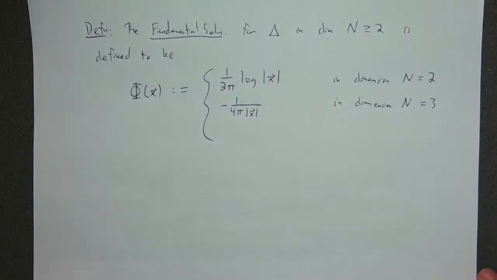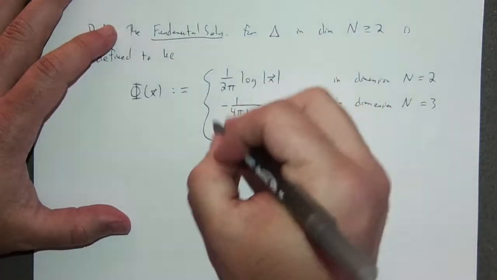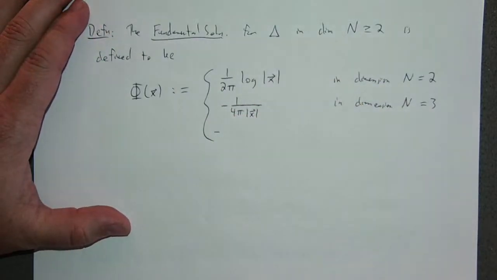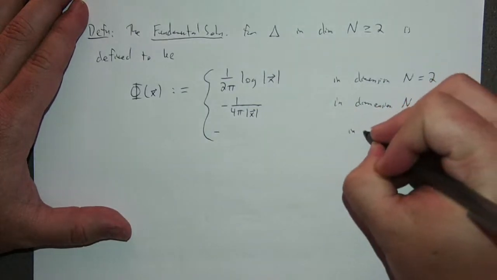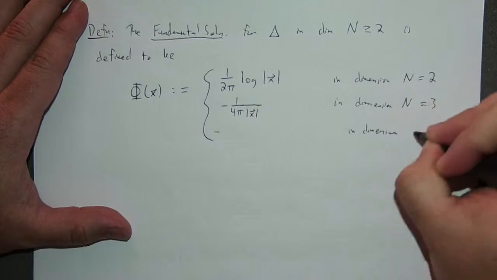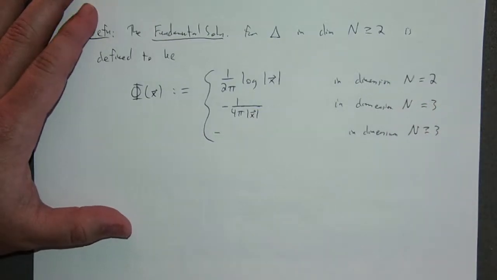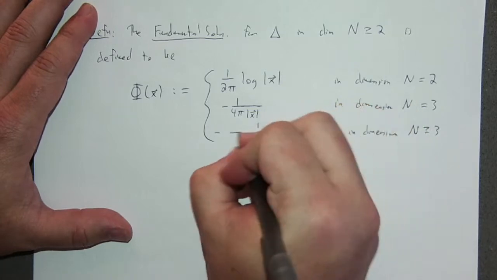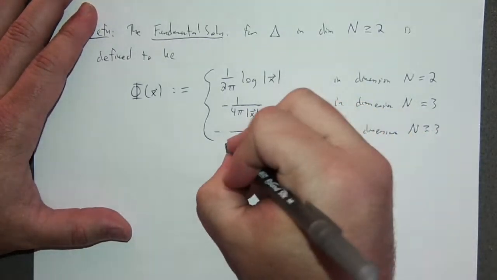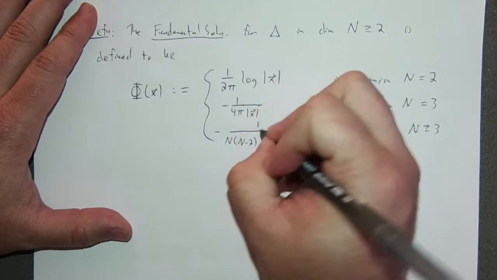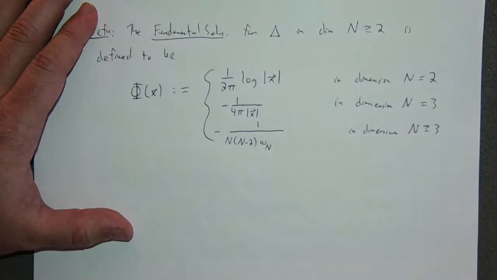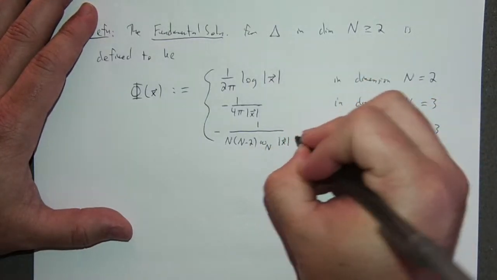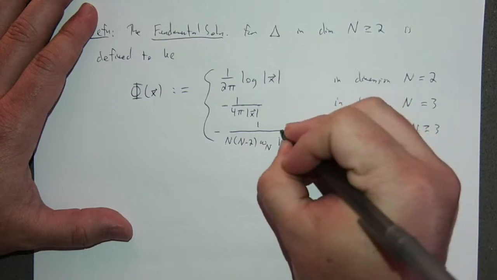And then lastly, the choice of constant for generic dimension, and I'm not going to write this out exactly, you'll see. So in dimension n greater than or equal to 3, this is minus 1 over n times n minus 2 times omega sub n times the length of x to the n minus 2, where